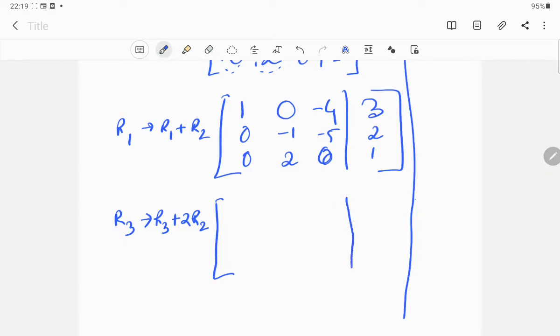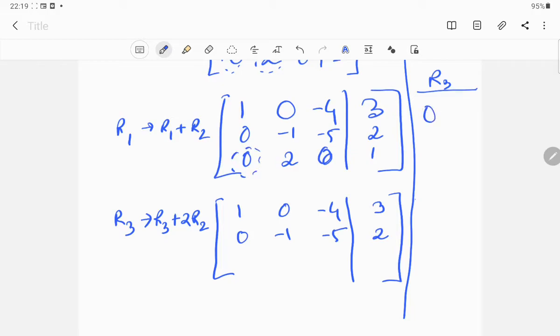So what are the transitions that you are going to choose? You can choose on your own. Since I have already solved this, I know what are the things to be done. So 1 3 0, minus 1 minus 5 2. So first thing, we want to get into R3. So R3, this one, first term 0